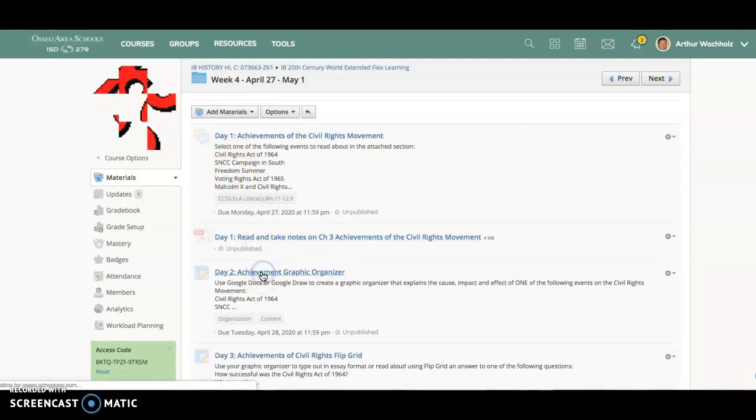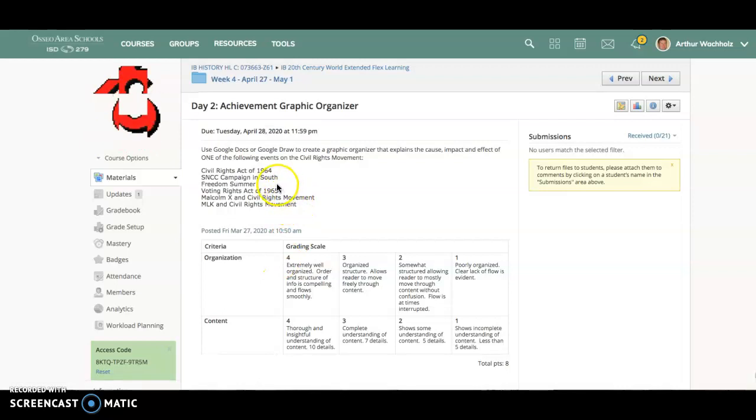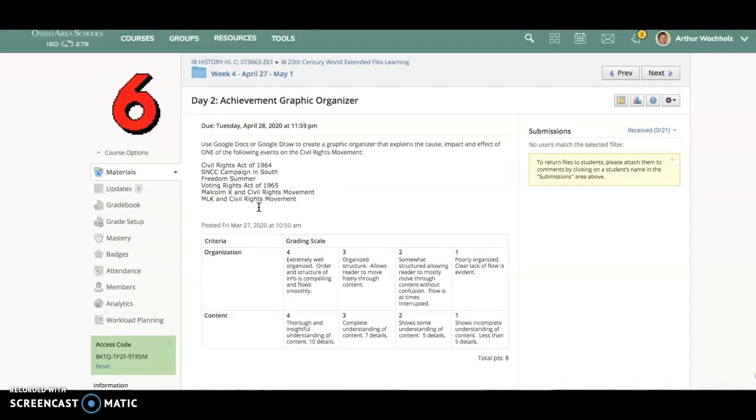And then on Tuesday, you're going to create basically a graphic organizer that explains the cause, impact, and effect of one of these events. So obviously, a preview assignment: read about one of them, explain it in a paragraph, then get into a little bit more detail and create a graphic organizer. You can use the same tool that we did a couple weeks ago, or you can just draw it out. And a lot of you did really well with that. I'd like to see a little bit more structure and a little bit more detail with some of them, because some of you really just